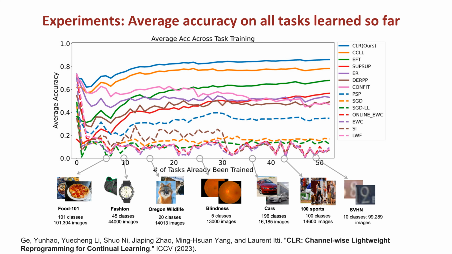As for the main results of our method on the dataset, we employ a ResNet-50 model pretrained on ImageNet as the backbone for all methods. It shows the average accuracy of tasks learned so far. As evident from the results, our method outperforms all previous baselines.